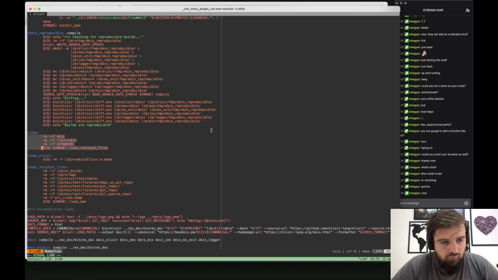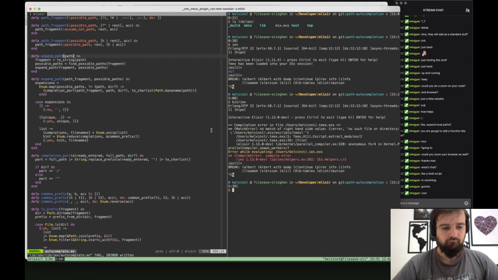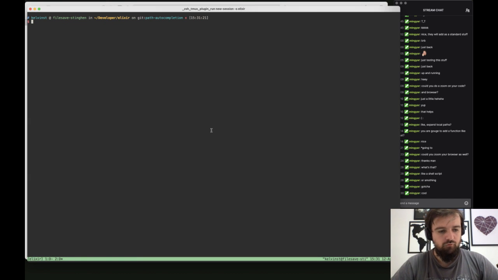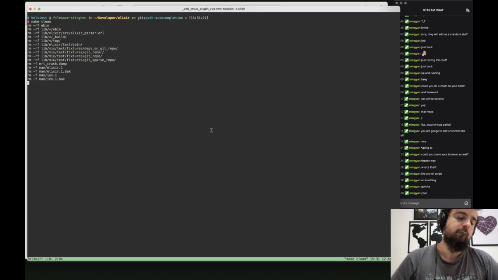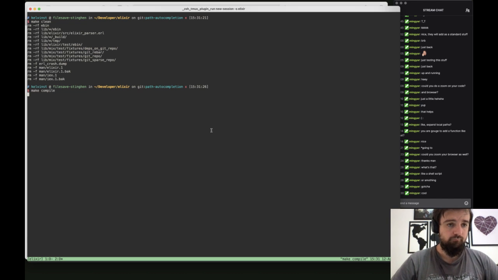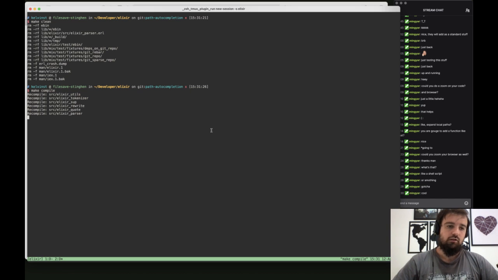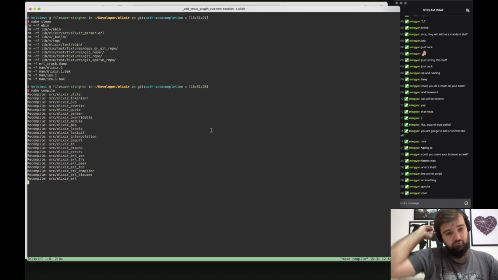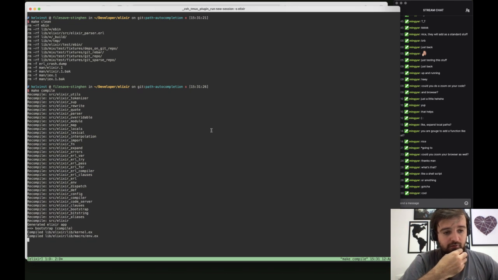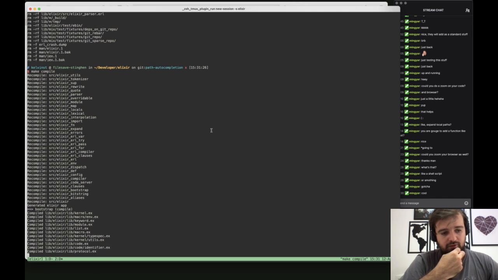Clean, which is going to remove everything, and then compile. All right, make, oops, let me just do it right here. Make clean, make compile. And now if I go there and execute after recompiling everything, which might take a while,